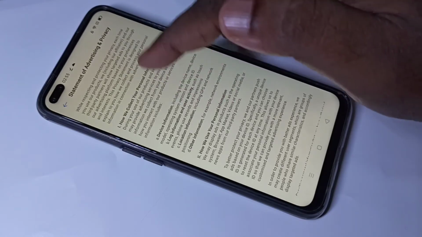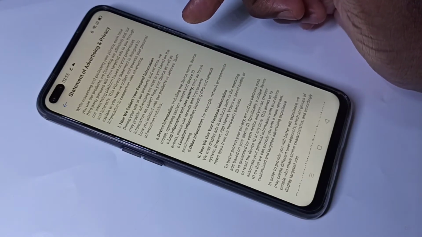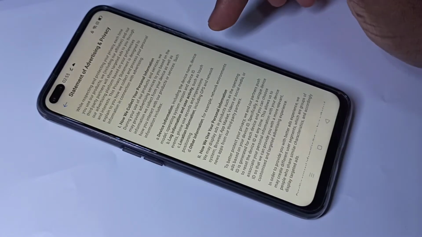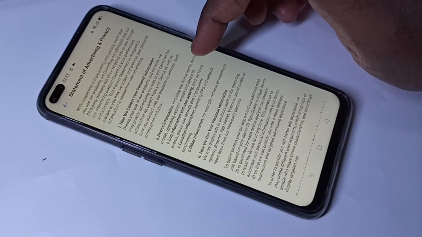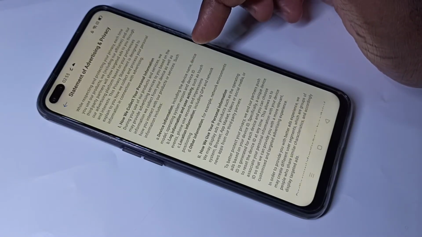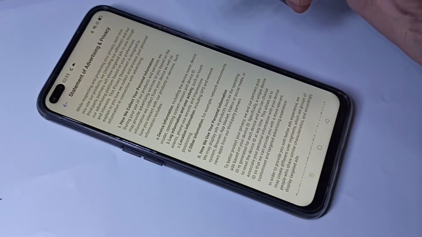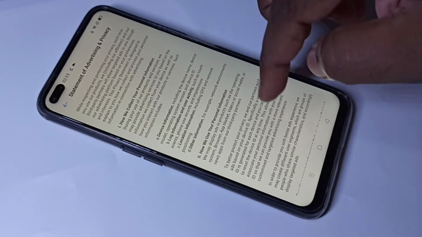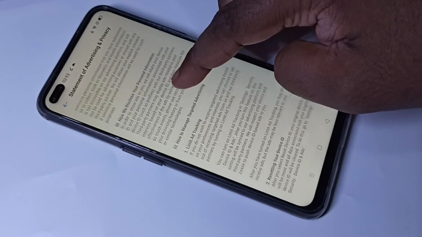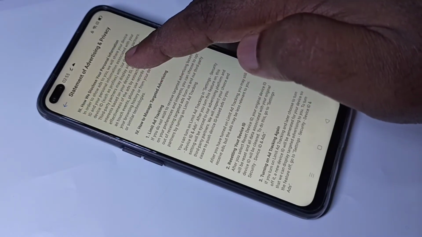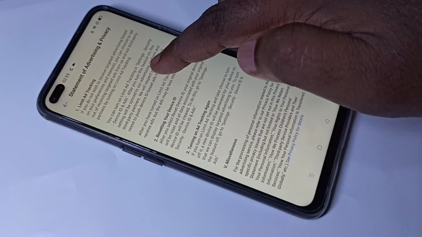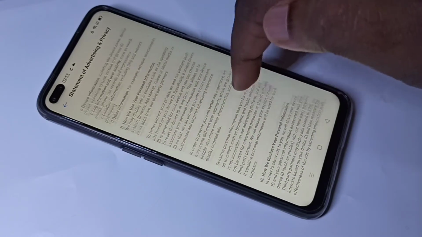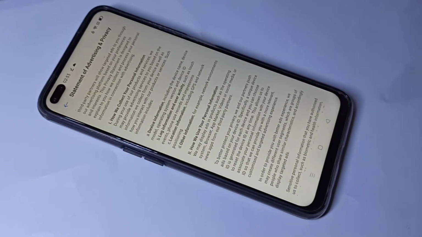So they collect a lot of information from our phone, and based on that information it shows ads. And they also use an ID, called the device ID. In that device ID they store all this information, then they share this information with advertisement companies. All those things you can read here. So based on that, these ad companies show the ads.